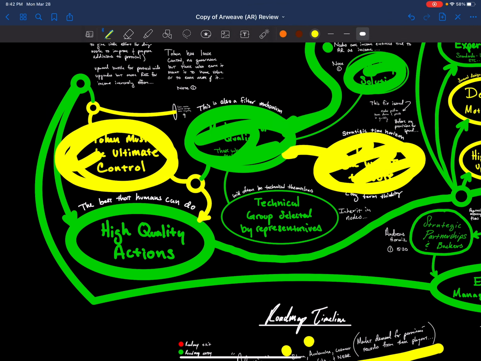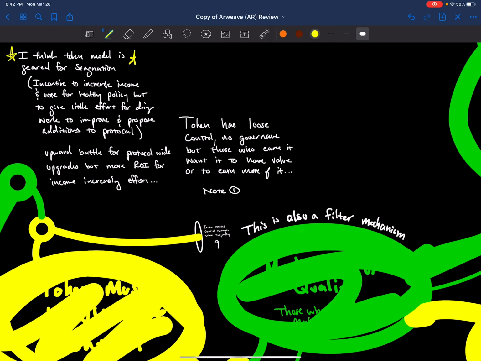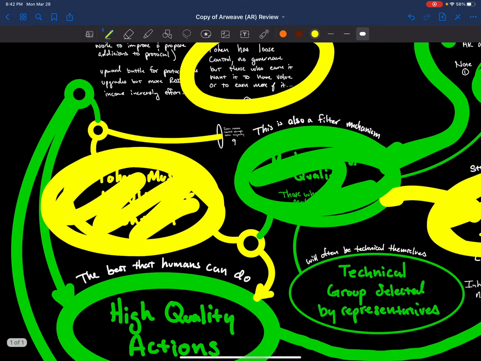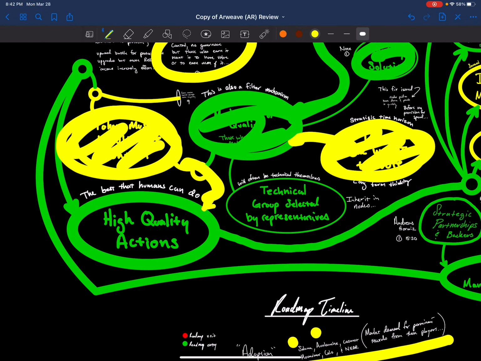The token has almost zero control of the entity, though. It is loosely tied, as I mentioned, because the nodes want it to have value, but it's not used for governance. The token is not a vote. It is not governance. It is not a control. So they can just use it as simple income and sell it right away, but they do want the token to have value, and they might want the token to go up in value as it's coming in, so they might want to upgrade the system. So that's where the incentives are. It's a loose control, but it's not total control. So I put that as neutral.